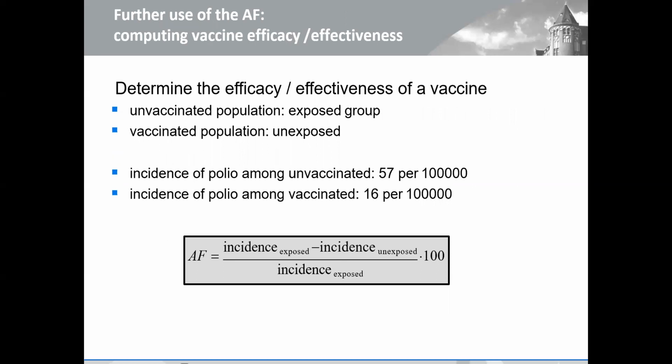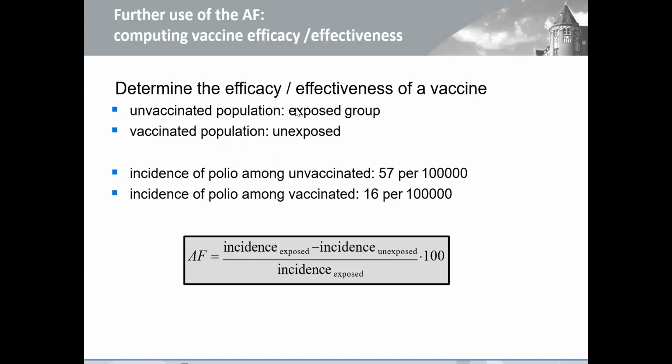One of the examples in which this concept of attributable fraction is used is on vaccines, where we really want to determine the efficacy or effectiveness of the vaccine using the same principle, the same wording of exposed or unexposed. The unvaccinated population, that's the exposed